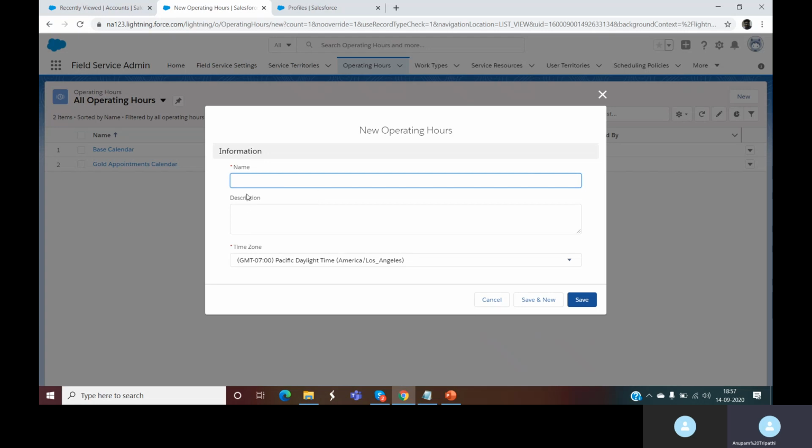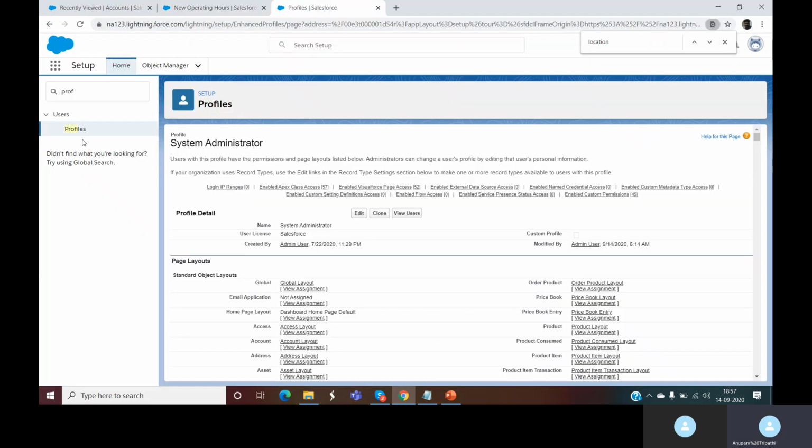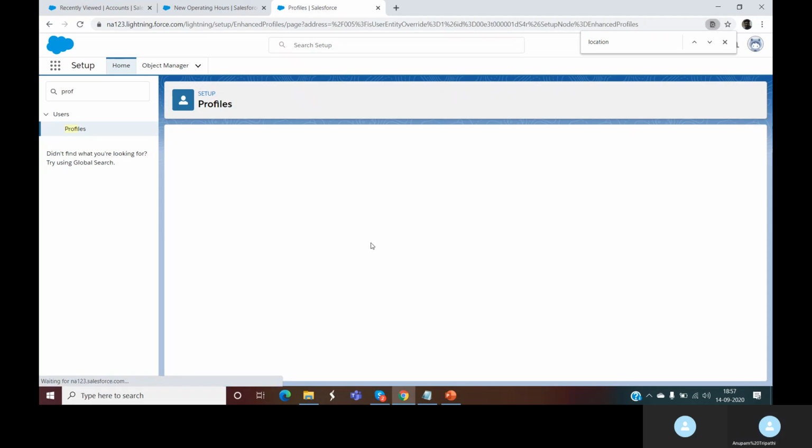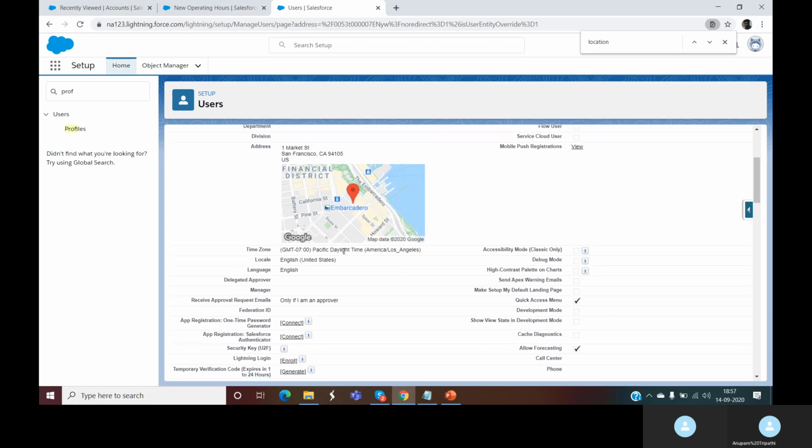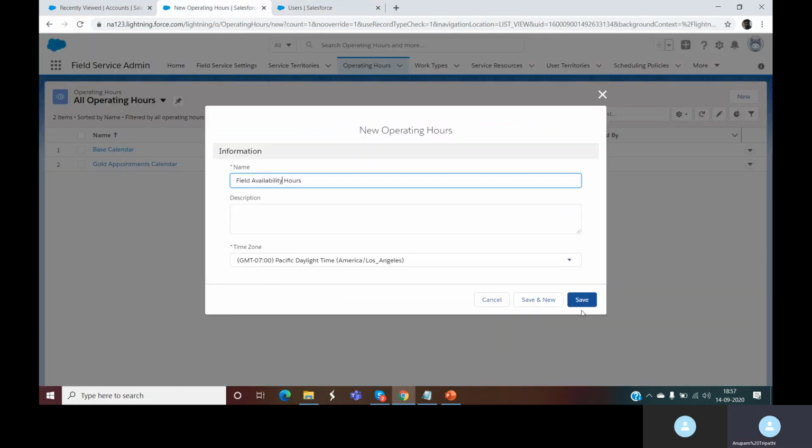In this case, we will name it Field Availability Hours, and we'll select the time zone as the user's. I'll check my time zone. It's Los Angeles, so I'll keep it as it is, and I will save.